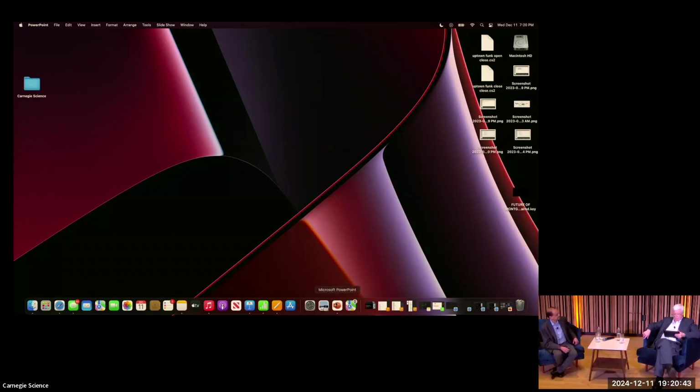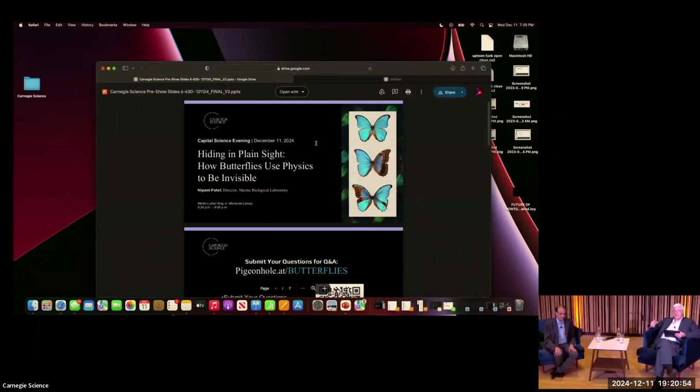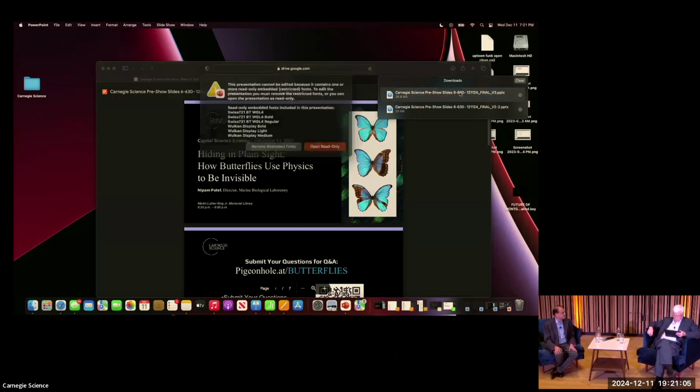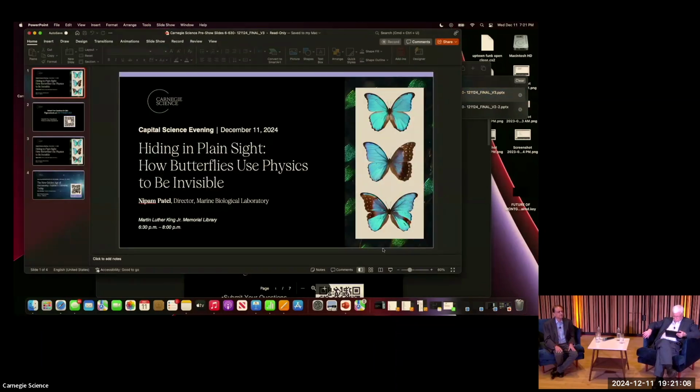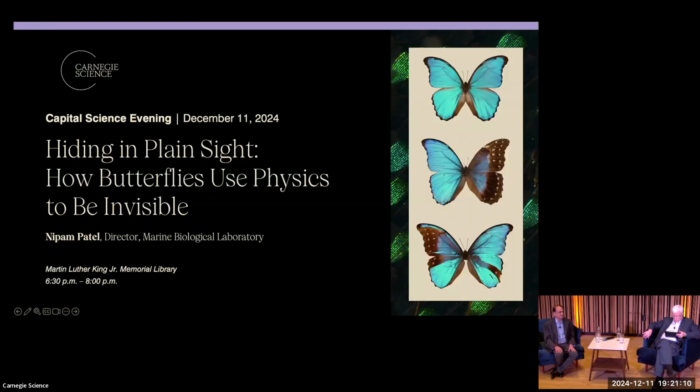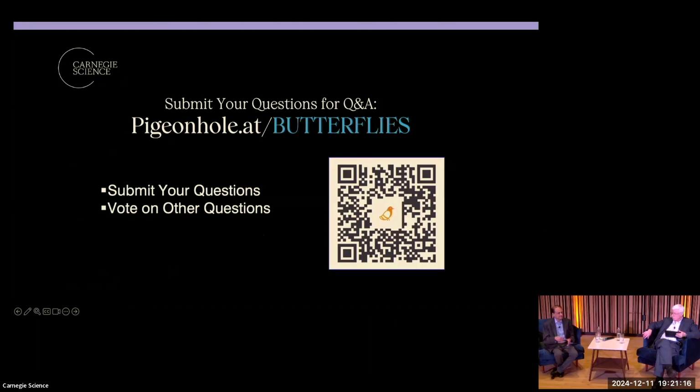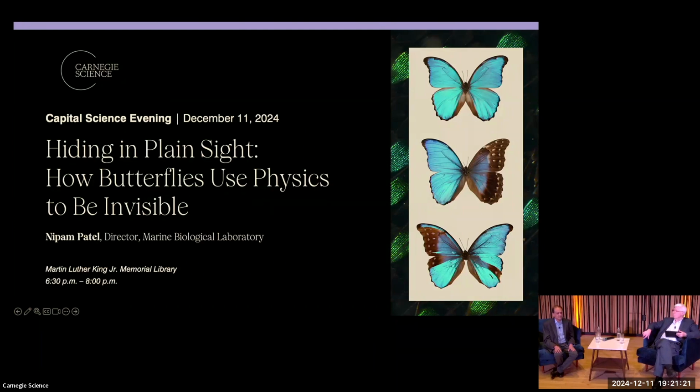How do butterflies' camouflage abilities compare to other insect species' camouflage abilities? Is there something special? In other words, do they have a special ability to evolve these amazing patterns that look like owls and things like that? I think that what gives them that impressive property is that they really have evolved very elaborate mechanisms to pattern the wing, so they can create really complex patterns. Most insects don't have wings that are anywhere near as elaborate as a butterfly's. So that's given them the opportunity to create some fantastic patterns, and their scales.